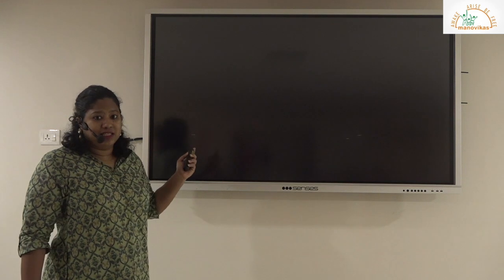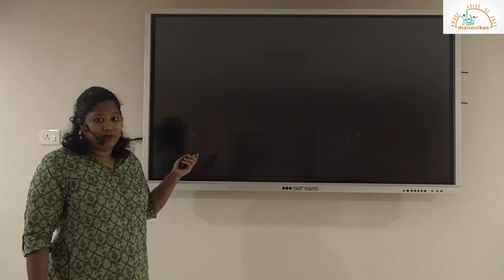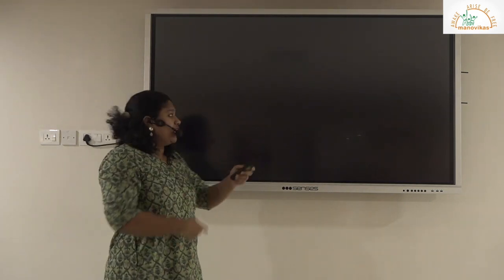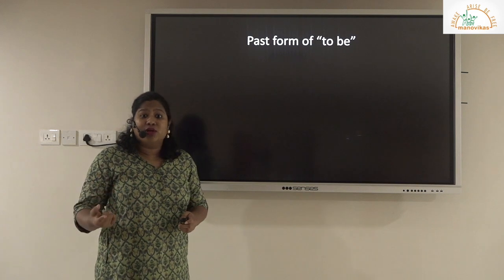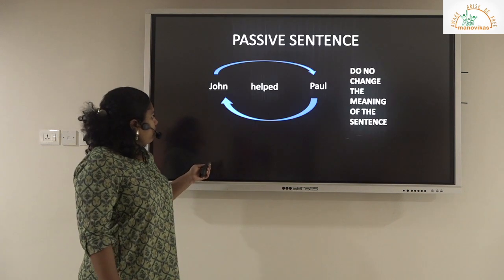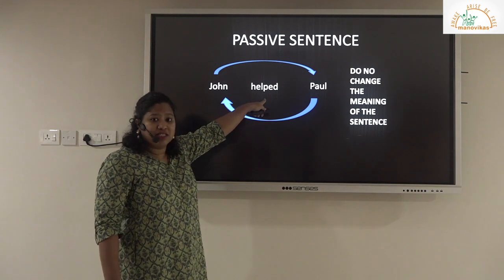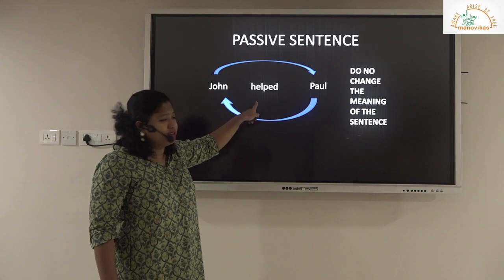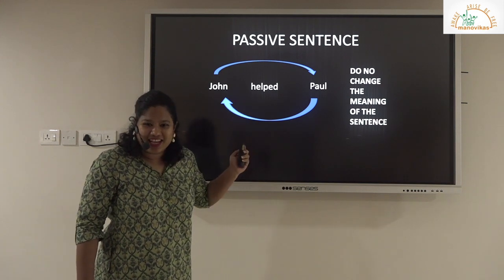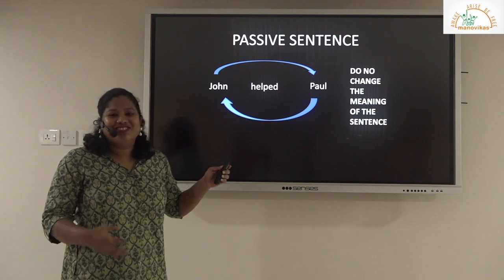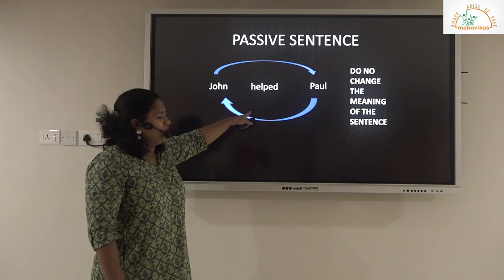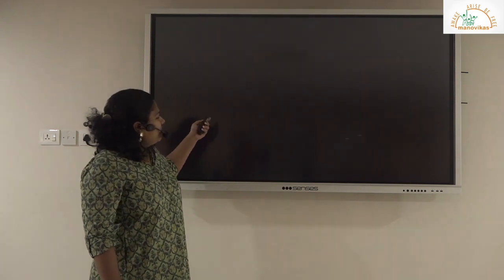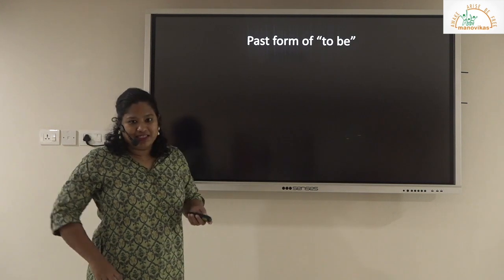What is the other thing that you need to remember when you are transforming the sentence? We are not only interchanging the subject and the object, we're also going to be changing the verb that is there. Now, if you remember the sentence, helped is the main verb. Can you identify what is the tense of this verb? If you have seen the slide before, maybe you'll know already, but try it. What tense is this verb in? Okay, so I'm guessing you know the answer. The tense of the verb is past tense.